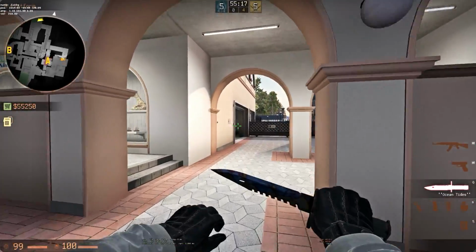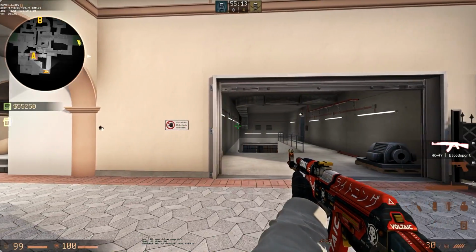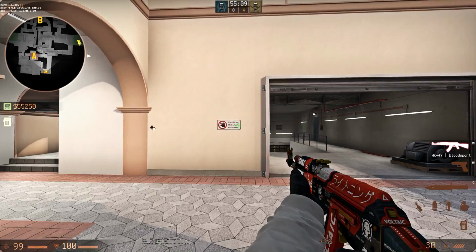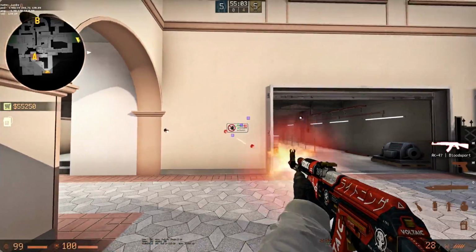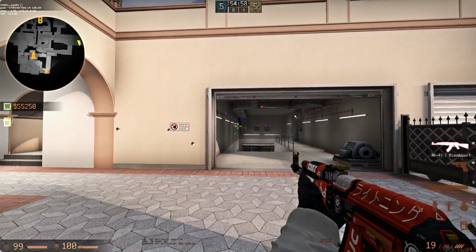Many times I see people telling me that when they're stutter stepping, they're running like that, holding the shift key, and then they start firing. That doesn't make any sense, because as you can see, with shift walking like right here, or if we just fire shift walking like that,